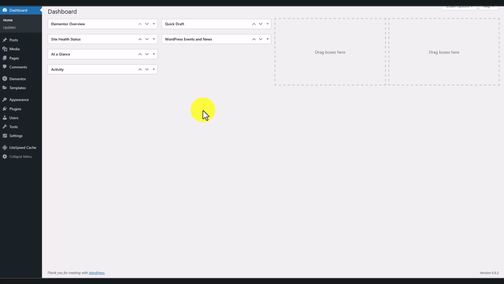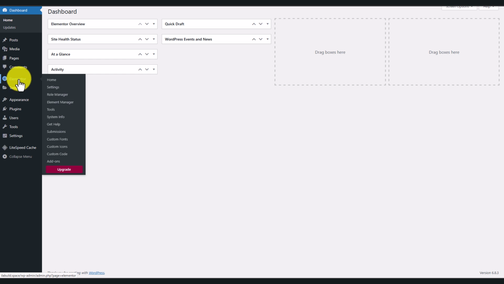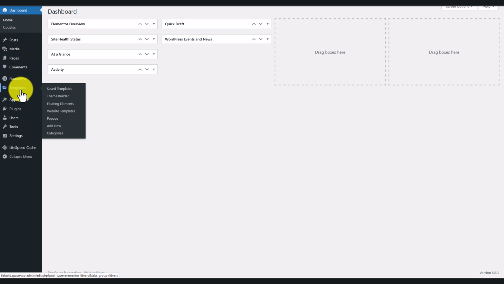Now, as you install the plugin, you will find two options in the left panel. First is the Elementor related settings. You will find all settings in this section. And for Elementor templates, you will find a separate section. So if we click on it,